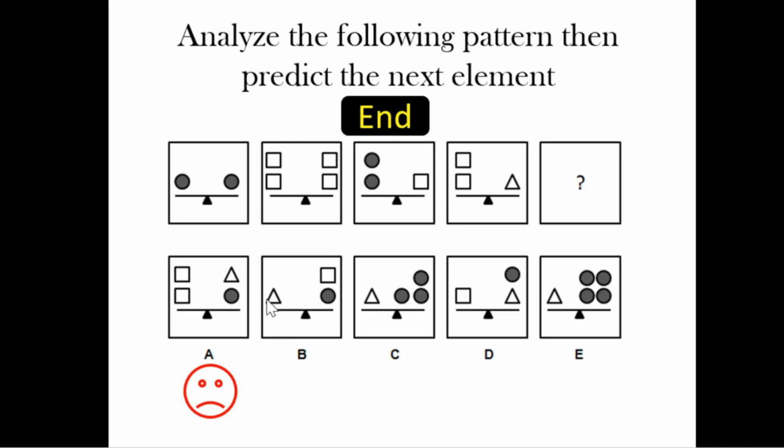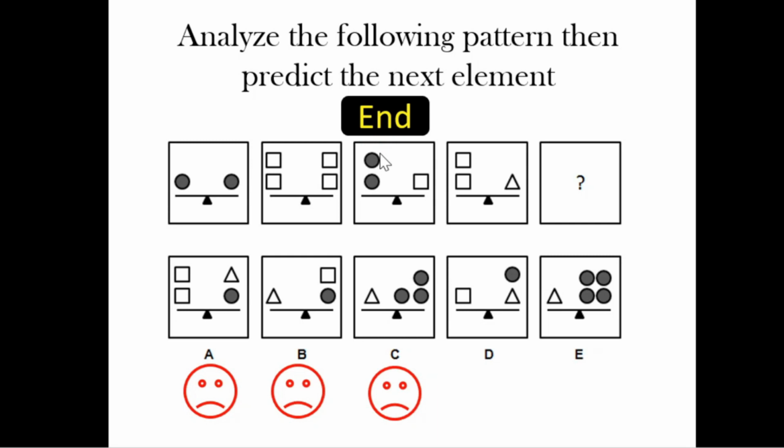Option B also is not the correct answer because a triangle is equivalent to two squares. If we want this balanced, then since one square is equal to two circles, you'll have to add another circle here. That's incorrect. Letter C is also incorrect because a triangle must be of the same weight with not 3 circles but 4 circles,